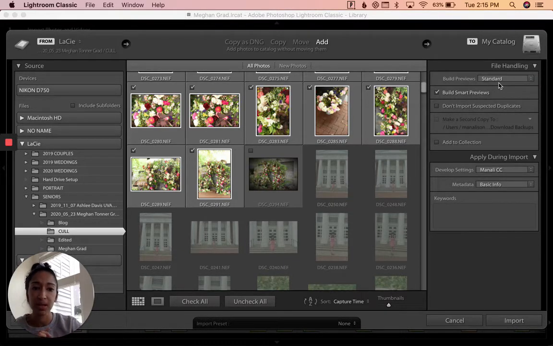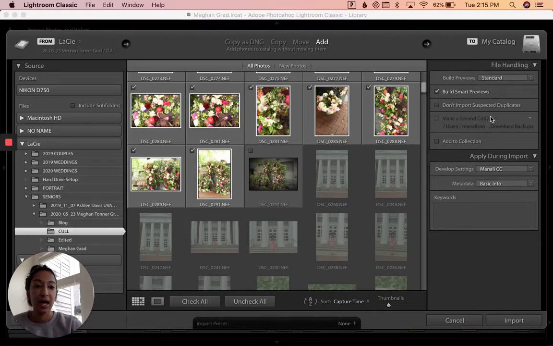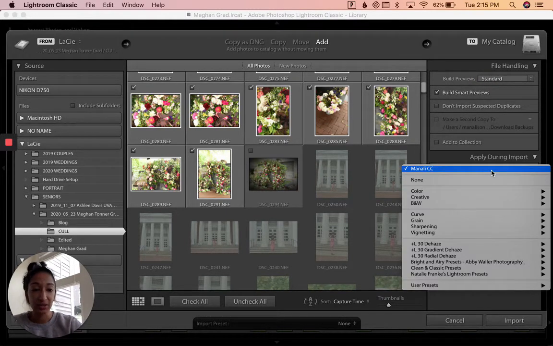So I will sometimes do this by pulling a copy of the catalog onto my main computer to edit on it if I don't want to carry my hard drive around to the coffee shop or something like that. And then I also have it apply my personal photography preset on import. So it's going to take my preset and add it to every single image upon import, and so that way it makes editing a super, super easy time for me, and it cuts out so much editing time because the base edits have already been applied to every single image, and I can just go in and tweak